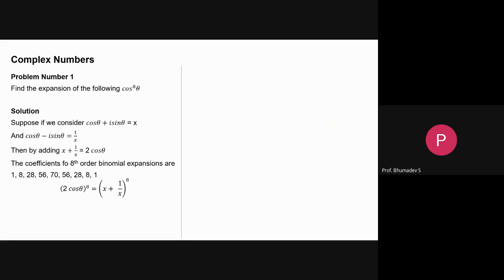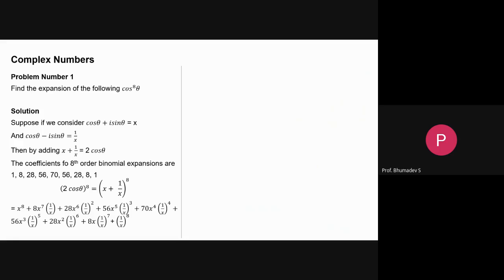So in this case, in the binomial expansion, the a value is x and the b value is 1 upon x. And the coefficients we already have with us, and we have a plus sign, so throughout the expansion, the plus sign will be coming